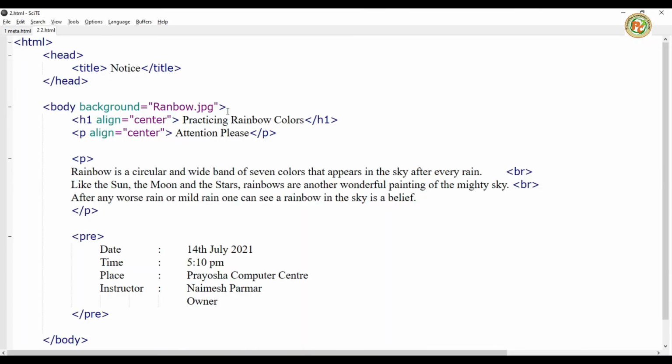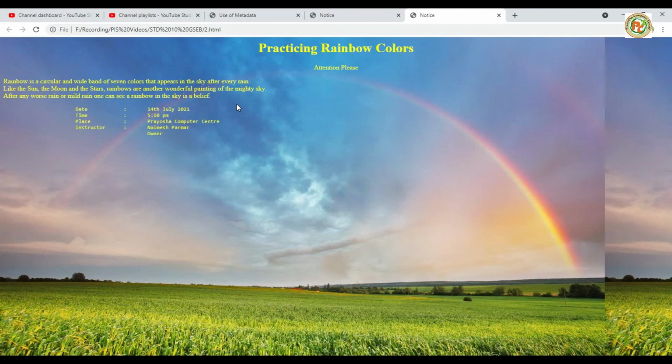I want to make it fixed here, so I will type properties, right? We can change the properties also. To change the properties, we have to write bg properties fixed, right? This way. If you want to align the color, you can also assign the color. But if you assign the background color, then text equals, here we can say yellow. Okay, then F5 it, so everything can be changed.